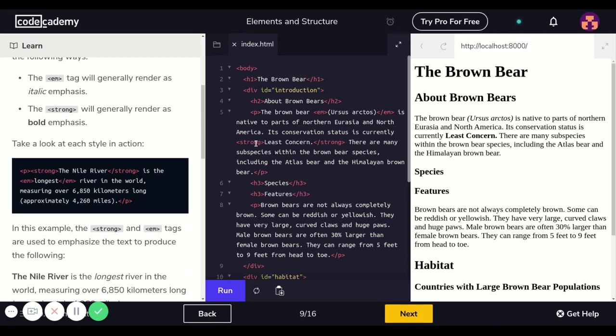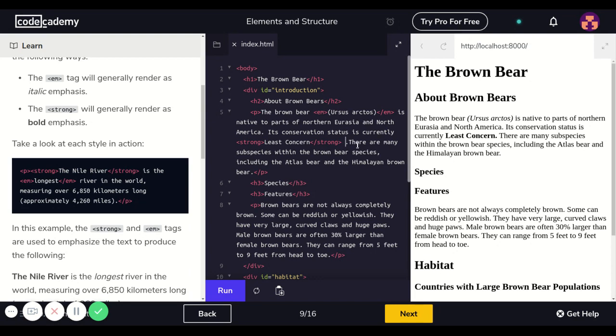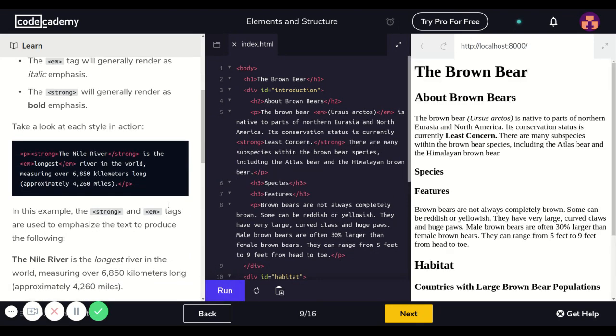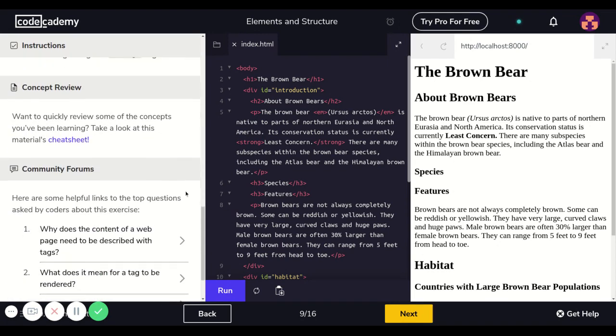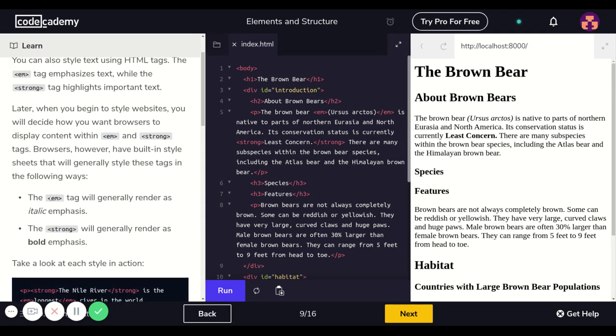This is better. You're selecting this instead of making it look like this, with a period out here, which doesn't look as great. So go ahead like this. Let me run my code. Nice. So we're done. What we learned for this section was the em tag, which emphasizes the selected text,